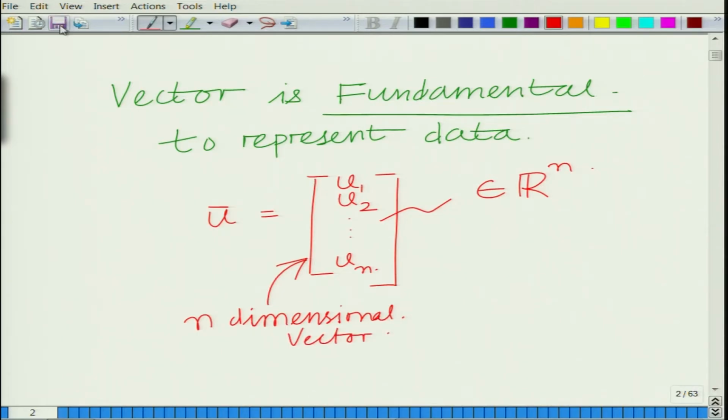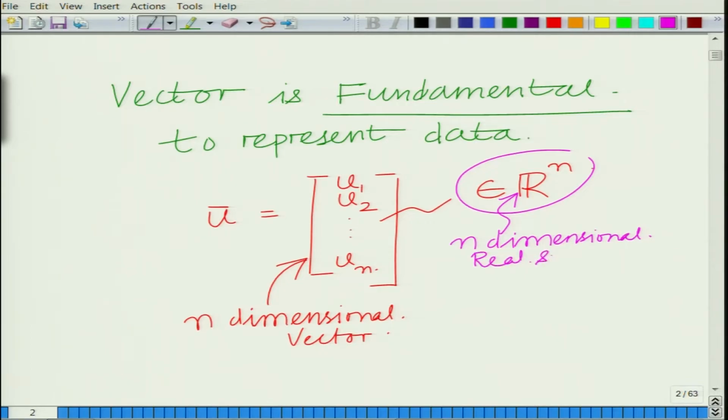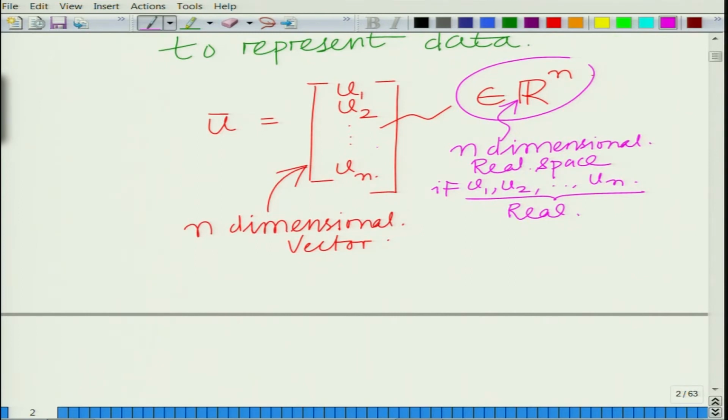This is fundamental to represent the data, and this belongs to the n dimensional real space, if u1 u2 so on up to un are real, right,